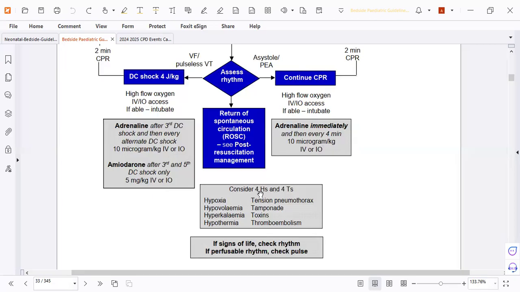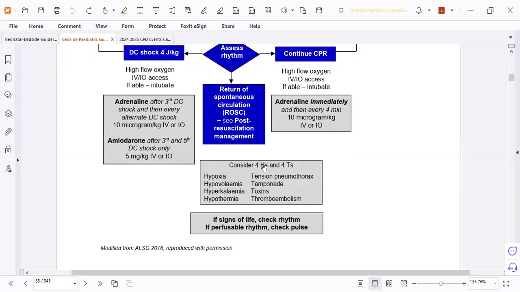Consider the 4 H's and the 4 T's, starting with hypoxia. So that's to make it easier for you to remember. Consider the H's and the T's, okay? You have to think about hypoxia,